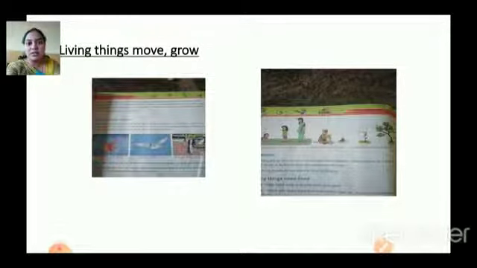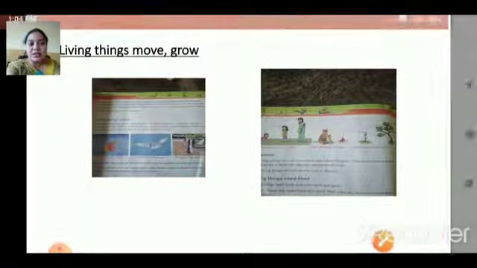Living things definitely move around and grow, and even plants are considered living things. We all know living things move, but compared to other living things, plants do not move. But they have the growth process, they require food, and they can reproduce. So they definitely come under the living things category. Which one? The plants. So living things' main aspects are growth and movement.